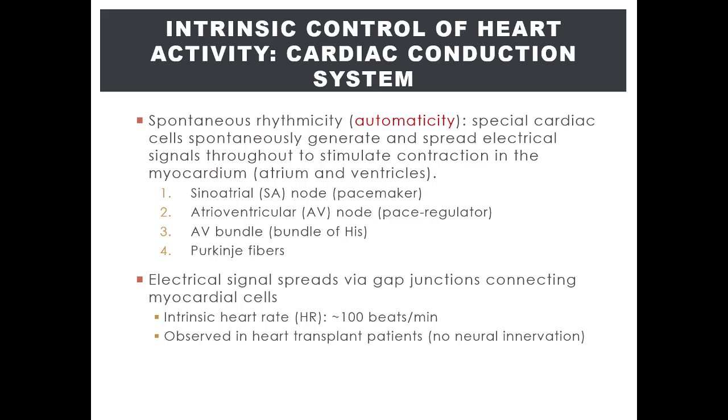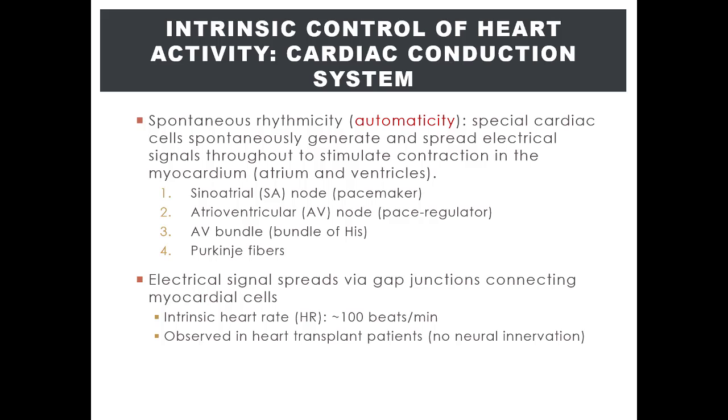We said earlier that myocardial contraction of both the atrium and the ventricles start with an electrical stimulus. So the heartbeat starts with an electrical stimulus. So if the heart has an intrinsic ability to contract without any extrinsic stimulation from the nervous system, this means that the heart can generate the electrical stimulus by itself. It can generate the electrical signal needed to contract the atrium and ventricles. This is referred to as automaticity, which is also referred to as spontaneous rhythmicity.